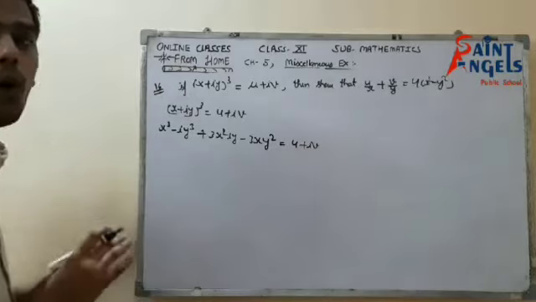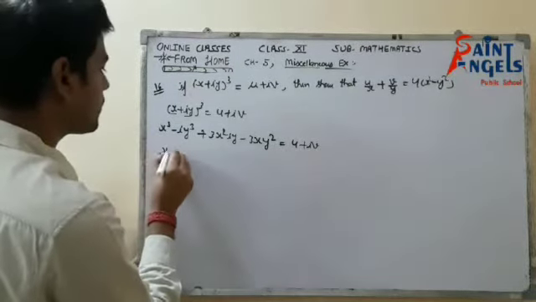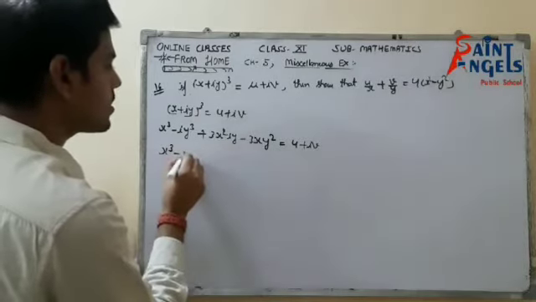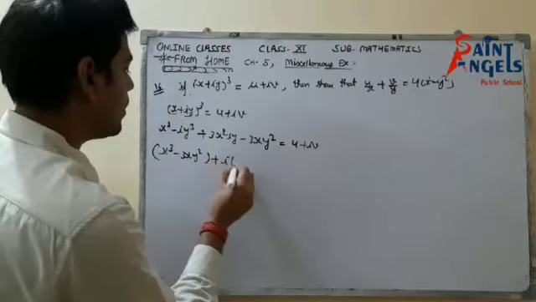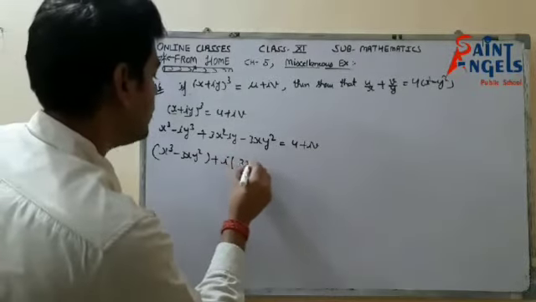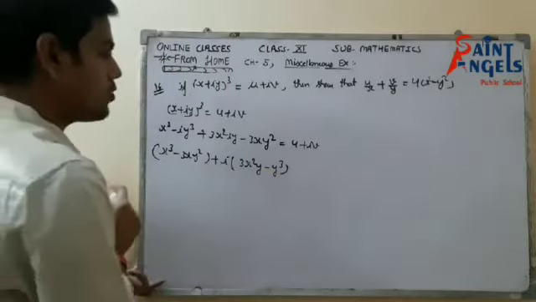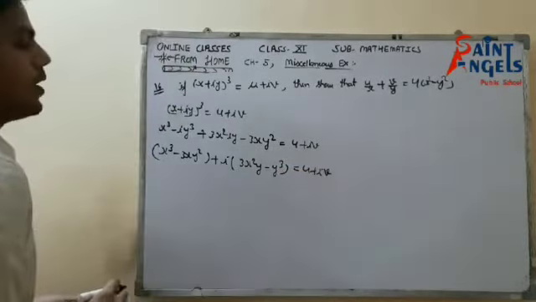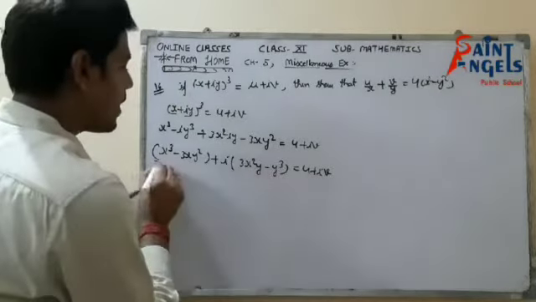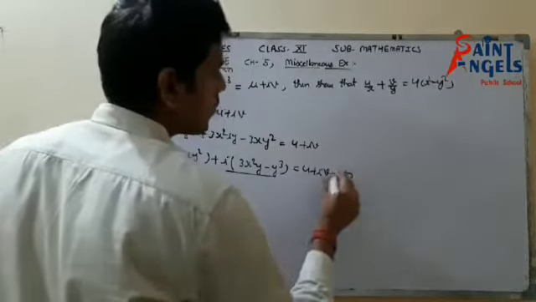Now equate all real parts and imaginary parts. So x cube minus 3xy square. Take iota as common and we have 3x square y minus y cube, equals u + iota v. Now this is the standard form, with the real part separate and the imaginary part separate. Consider it as equation number first.